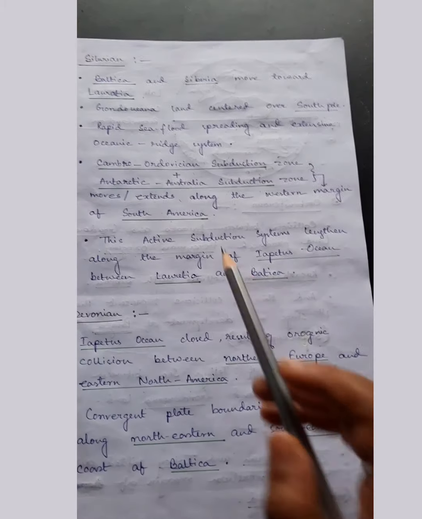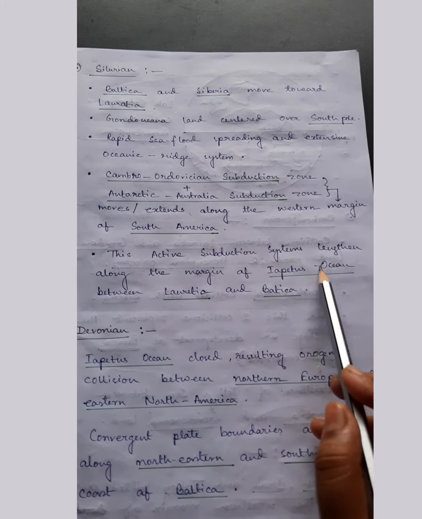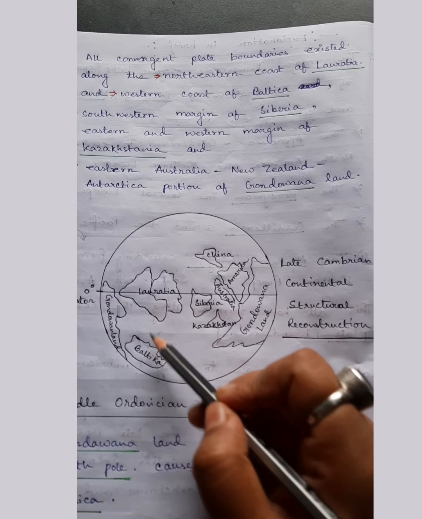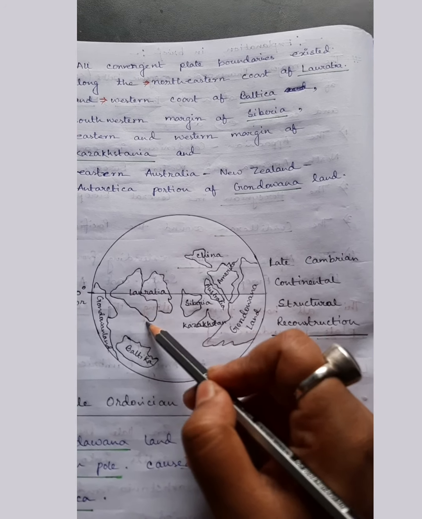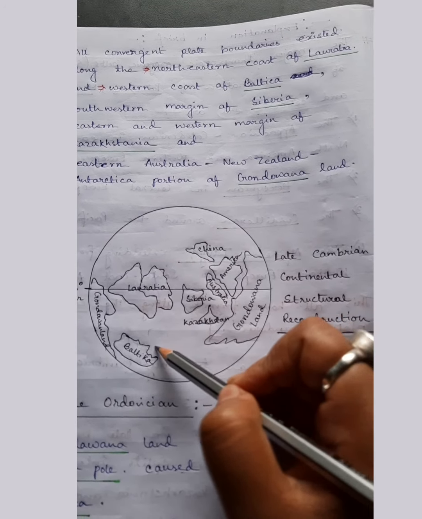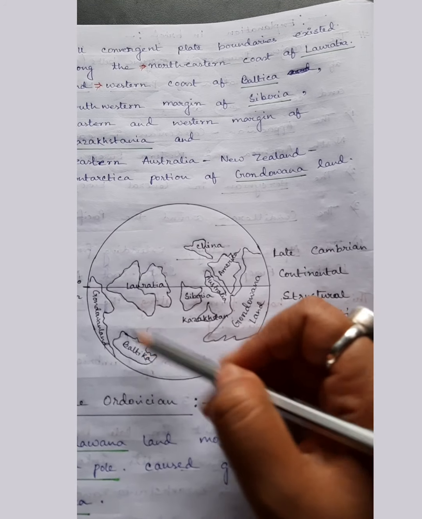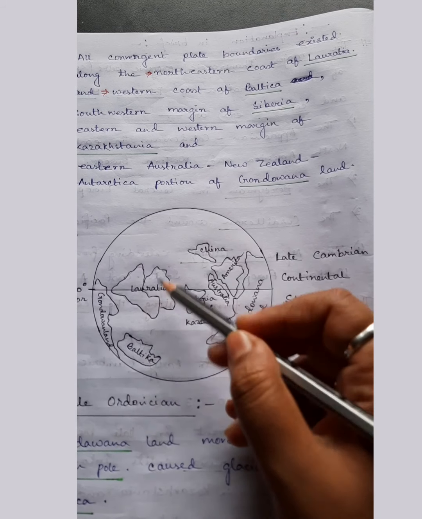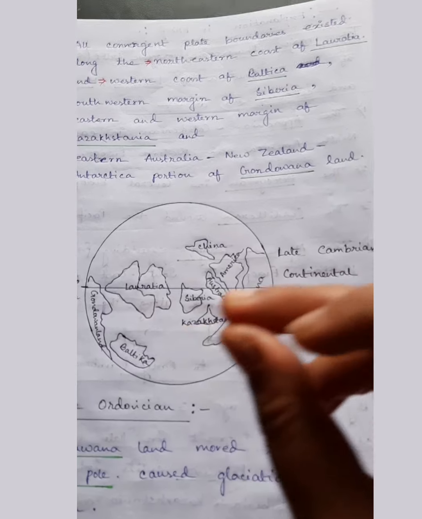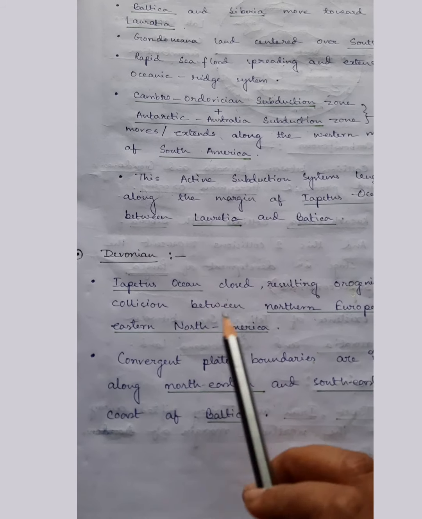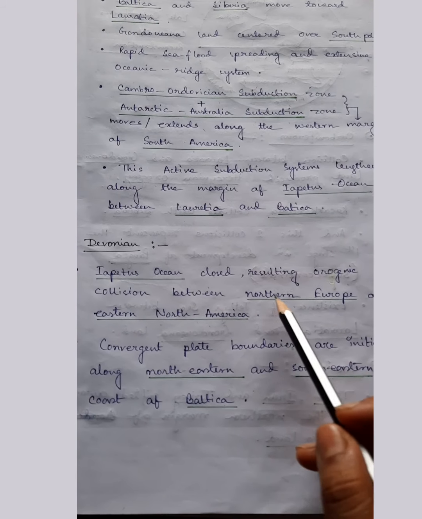Very important: another subduction zone, an active subduction zone, lengthened along the margin of the Iapetus Ocean between Laurasia and Baltica. You can easily understand that. You can see there's a big gap between Laurasia and Baltica, and this gap creates the Iapetus Ocean. But during the Silurian period, when the subduction zone between them started to lengthen, the Iapetus Ocean between Baltica and Laurasia started to close up. And in the Devonian period, we can see that the Iapetus Ocean actually completely closed,